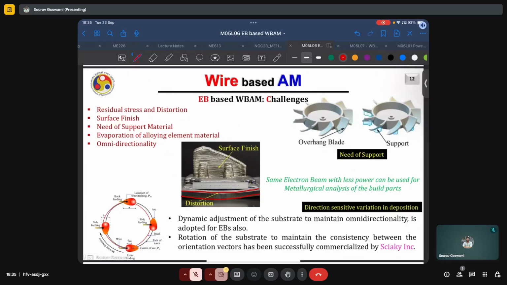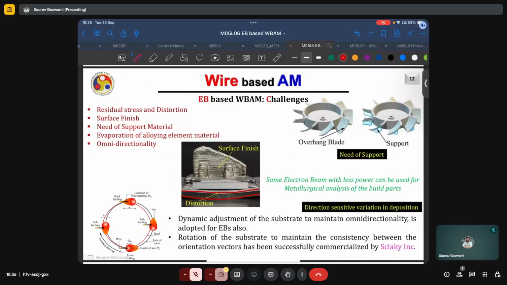If we are able to introduce compressive residual stresses into a material by techniques such as ball peening or laser shot peening or hammering or any other technique, that may be beneficial as it will inhibit further crack propagation. However, they cannot be fully eliminated. Second, the surface finish is not very good, and this is true for most wire-based processes, because here the trade-off is that we can have a higher material deposition rate,